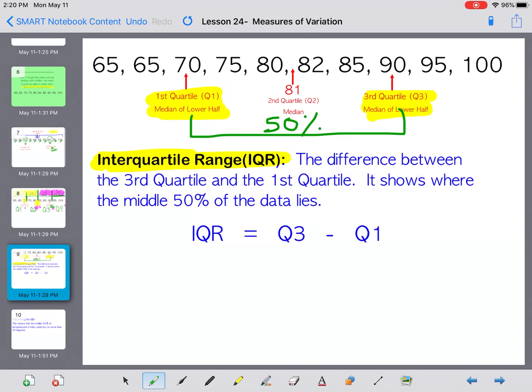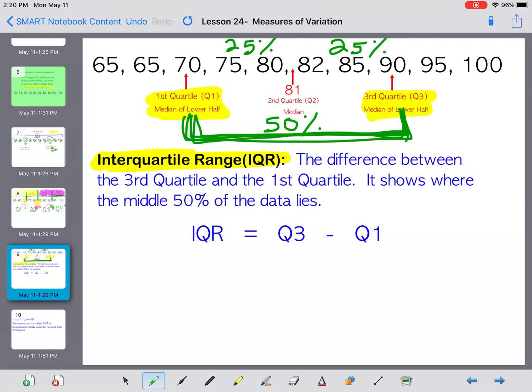Remember, quartile 1 to quartile 2 was 25%, and from quartile 2 to quartile 3 was another 25%. So the interquartile range is really important because that's where the middle 50% of all of our